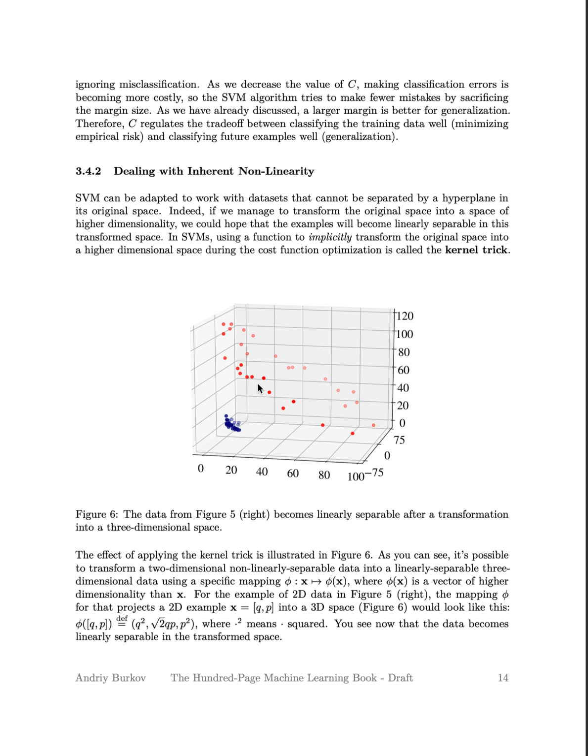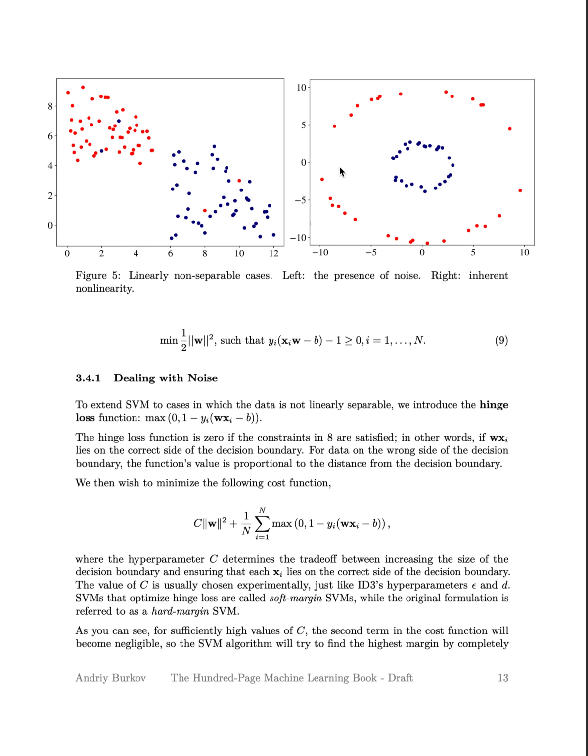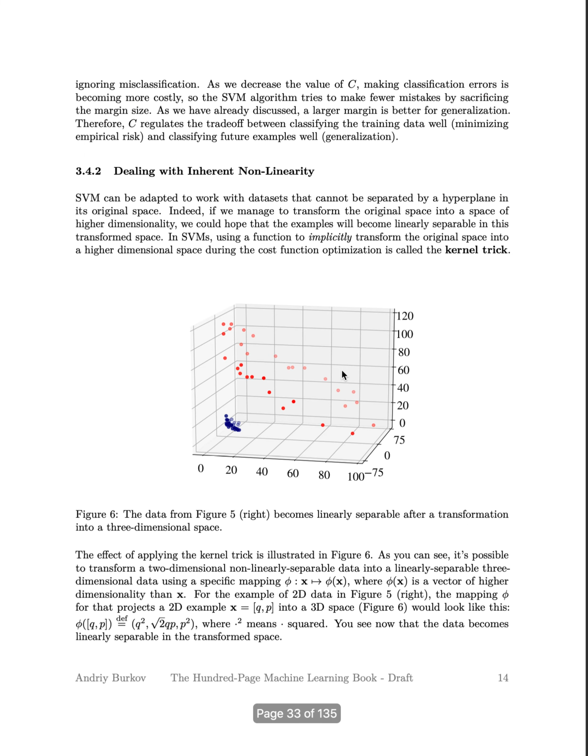Suppose you had this type of data, right? This second example. So how do you separate this type of data using SVM? No plane can exactly separate it. So we do this by introducing a higher dimensional space, and this is done using something known as the kernel trick. Kernel trick will simply convert this two-dimensional data into